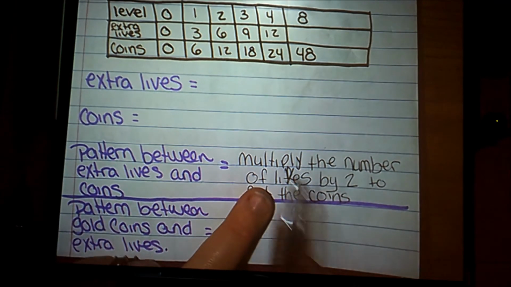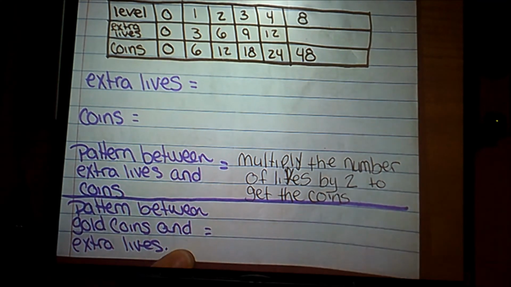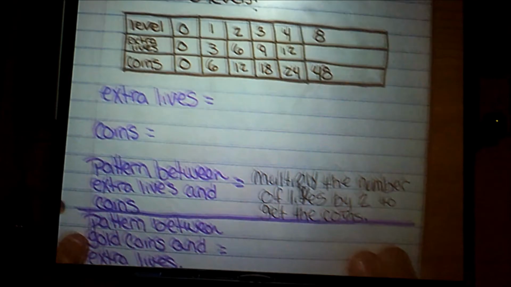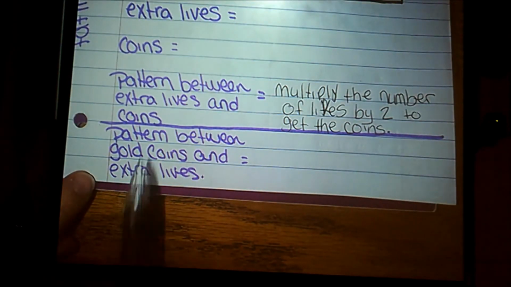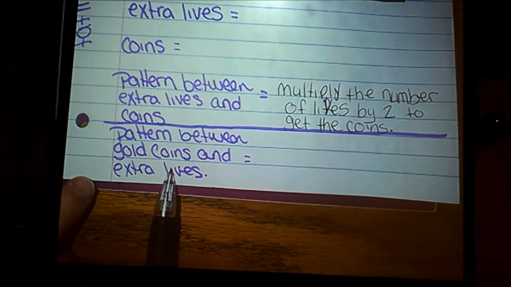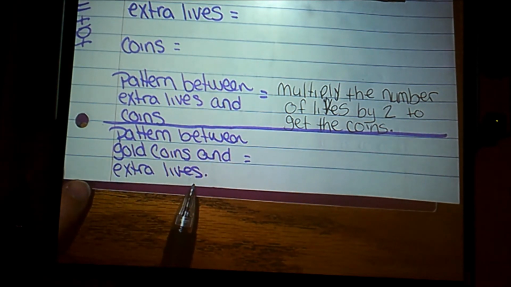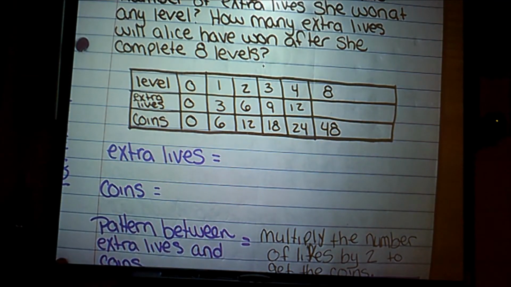I'm going to multiply the number of lives by 2 to get the coins for that level. So now our next pattern that we need to identify is the pattern between gold coins and extra lives, a correlation between coins and lives, which is the same thing we did here,